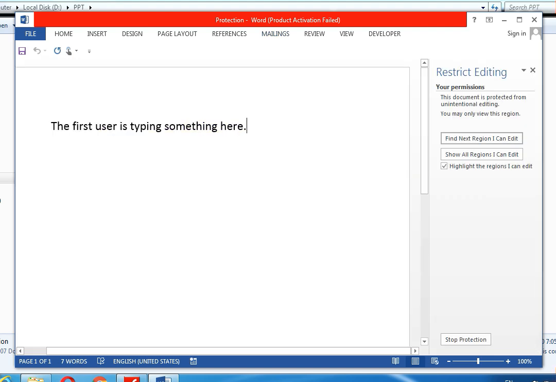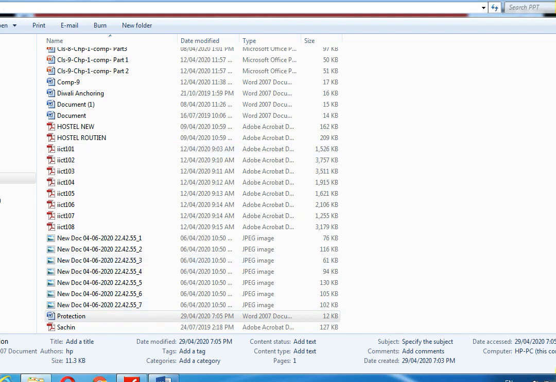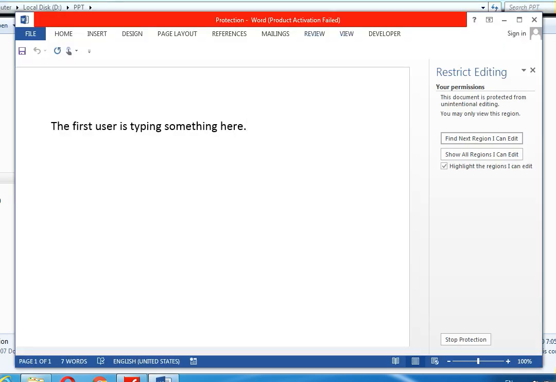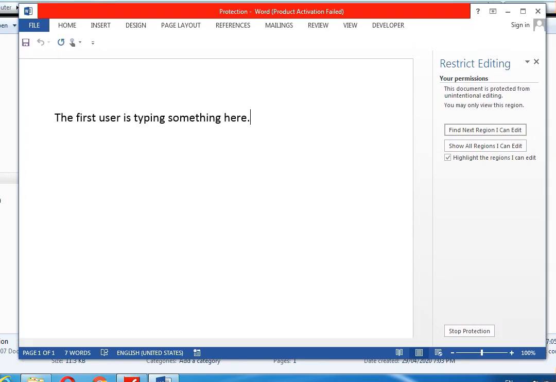See, if we are again typing here, the Word file will not allow us to make changes in this file. See how, if we type here, on the status bar of this file, it shows that this modification is not allowed because the selection is locked. It means Word does not allow us to make changes in this document.